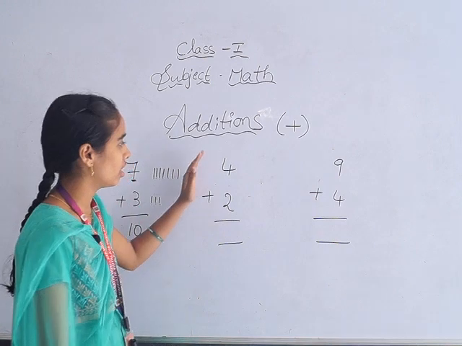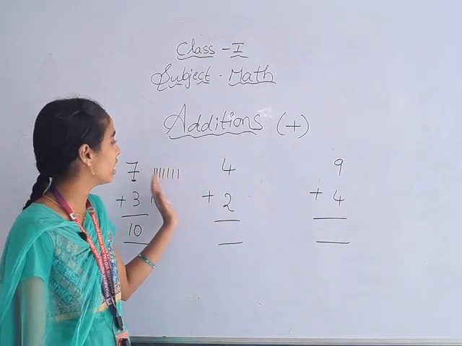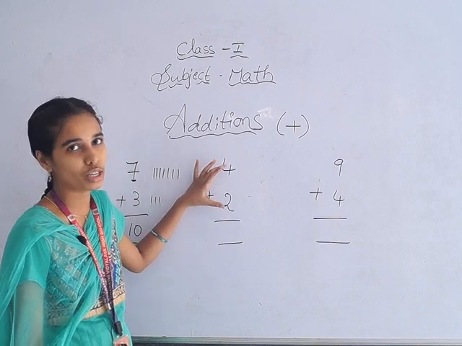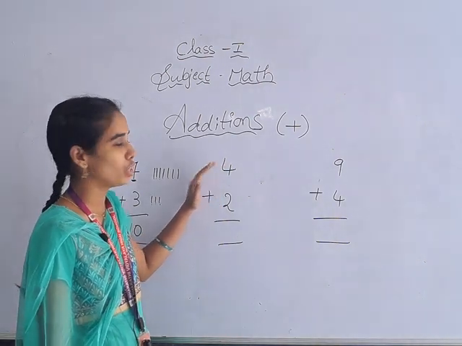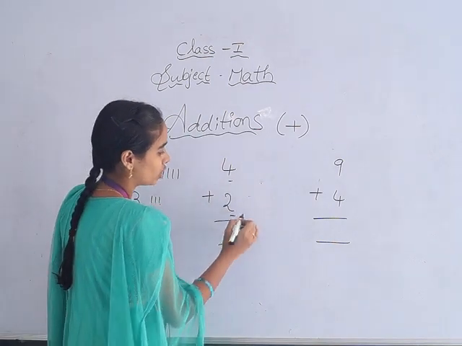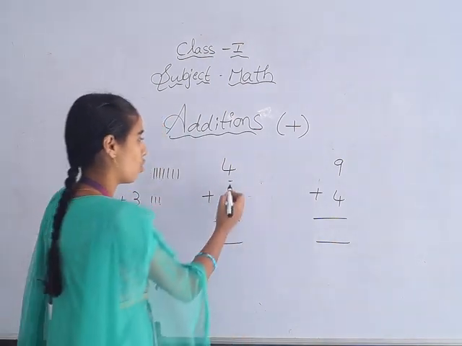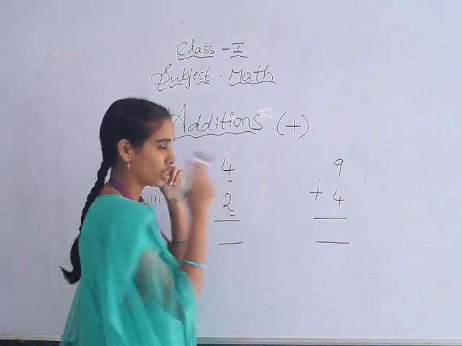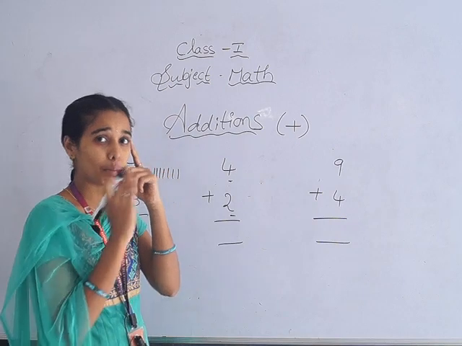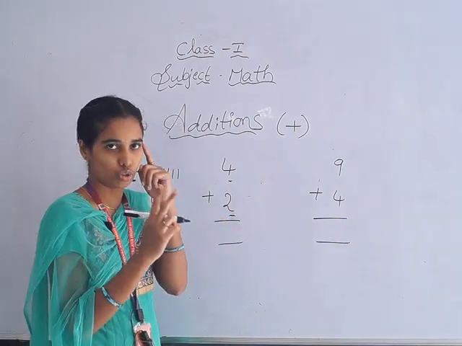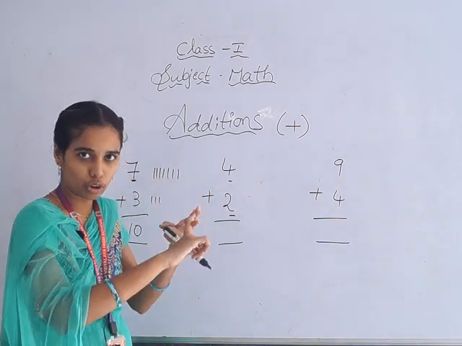This method also right, but you are getting to first class. So here you no need to draw any lines like that. Just you have to, they given two numbers, no? In these two numbers, which one is big one, that you have to find out first. In 4 and 2, which number is big one? 4. Keep it in your mind means just you have to remember with your mind. So here small number, which number? 2.